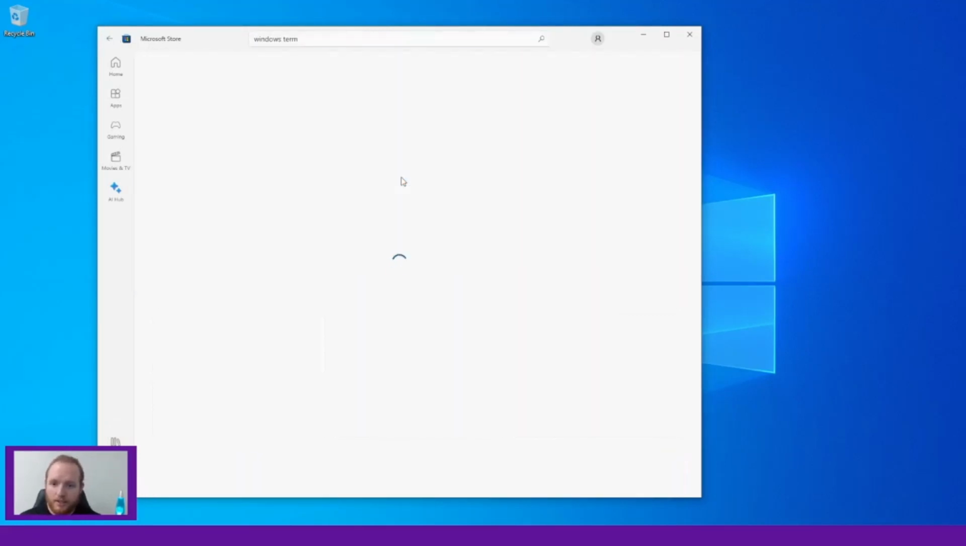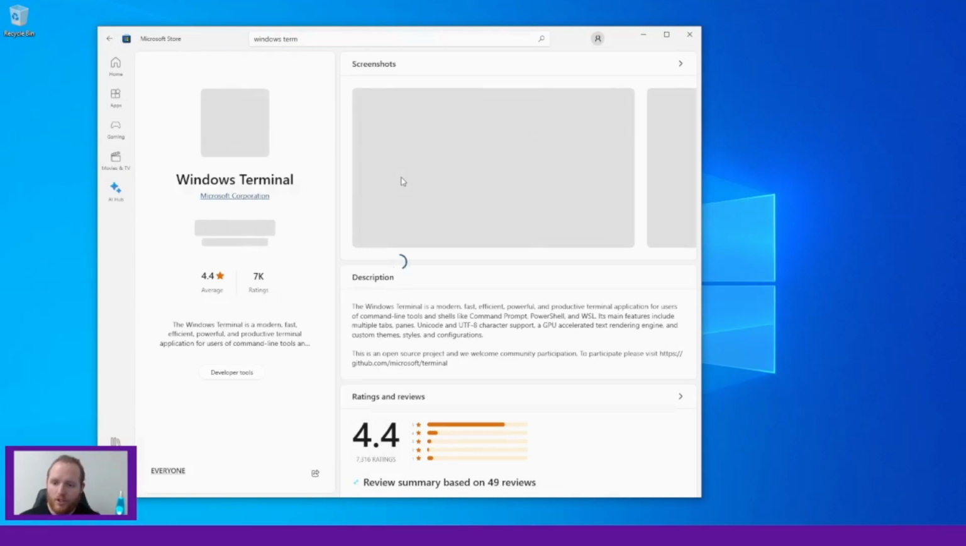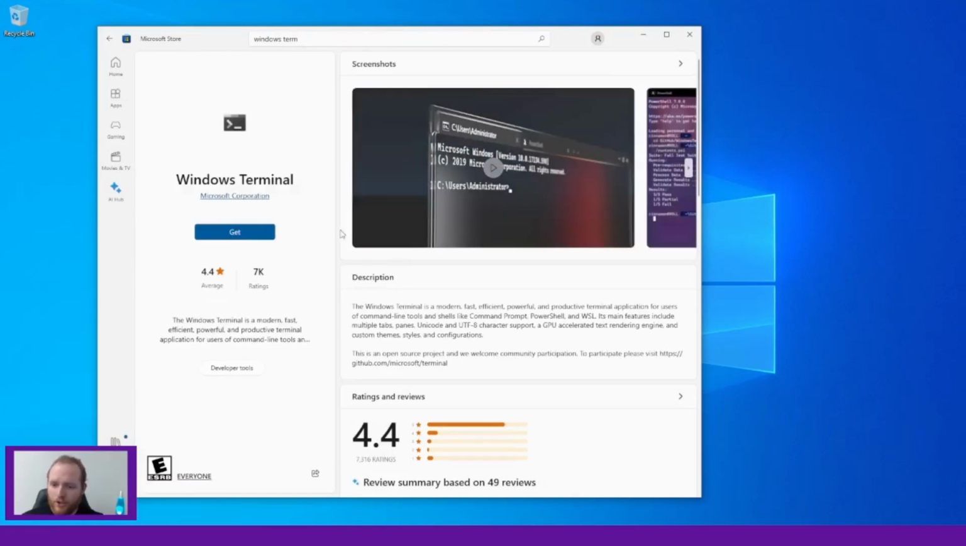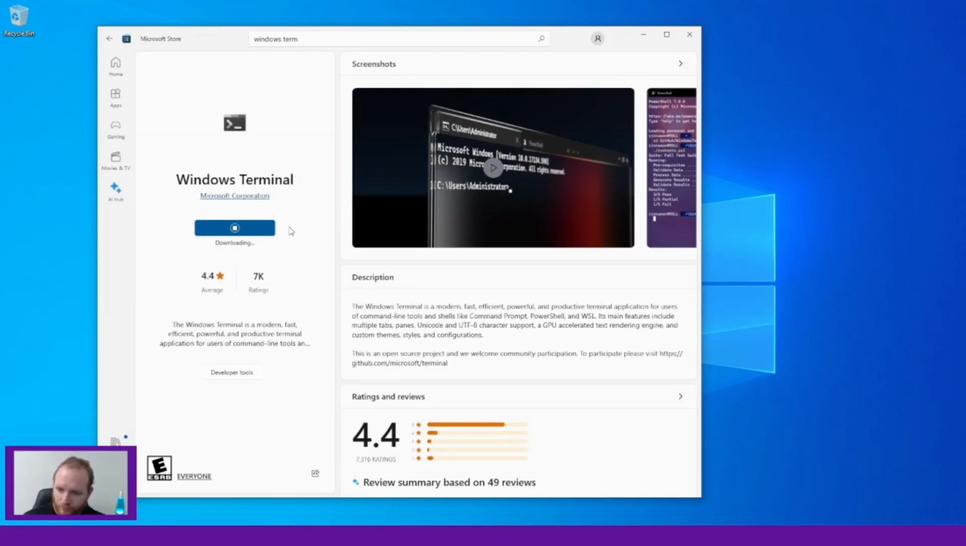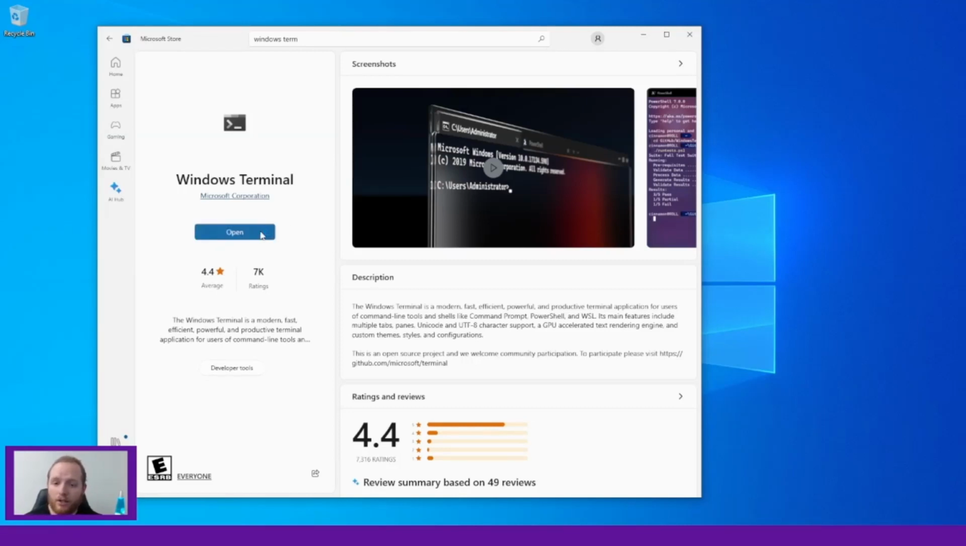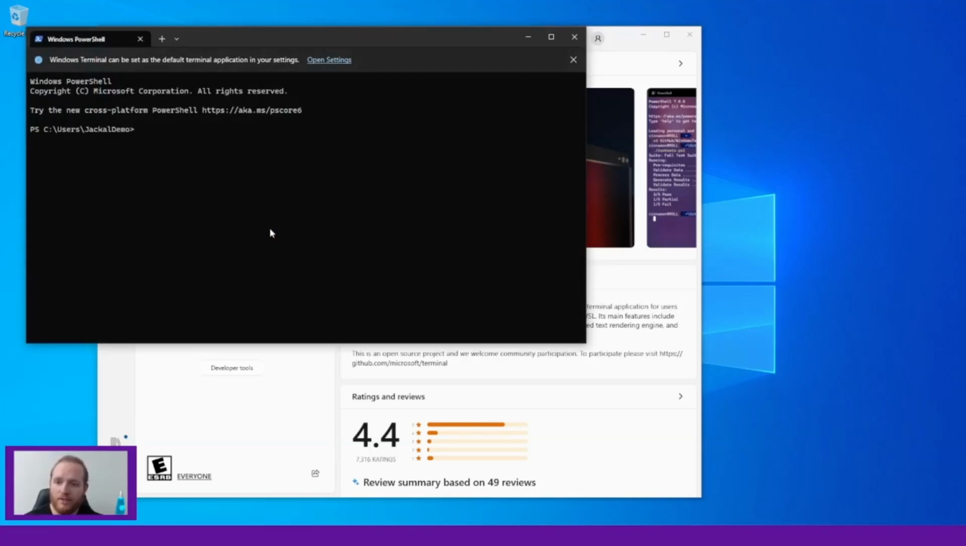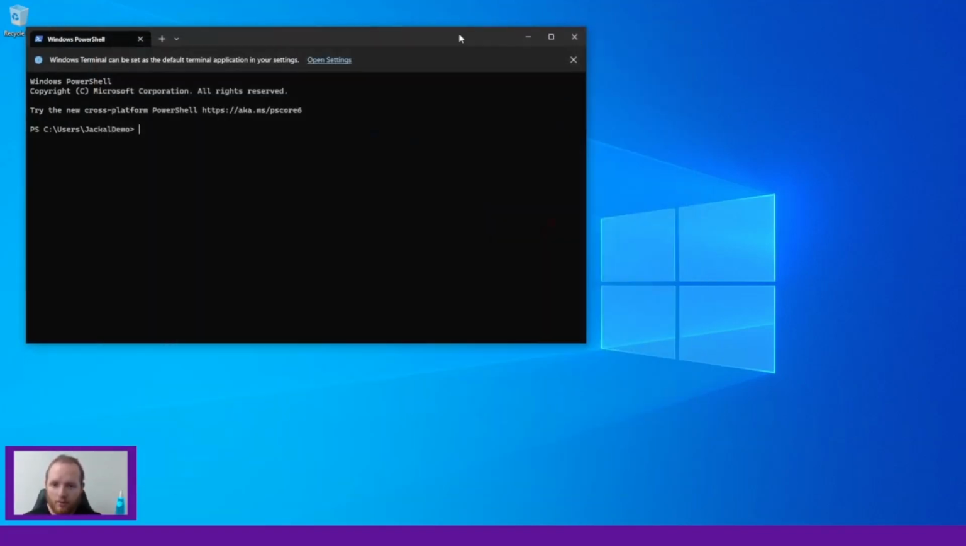Now, because this is a user account on a machine that I already have stuff on, I wasn't sure if I was already going to have it or not, but it looks like I still have to get this app to put it on this profile. And then what you're going to find is this Windows Terminal, not only can it run PowerShell, it can run a whole lot more, and it's going to look way more sleek and fancy than the Windows PowerShell one